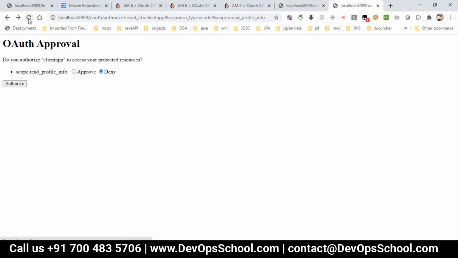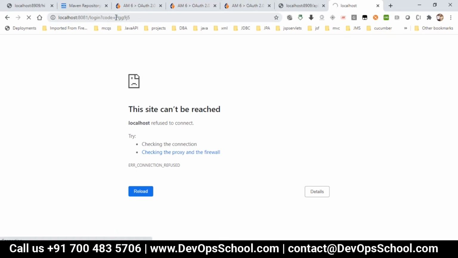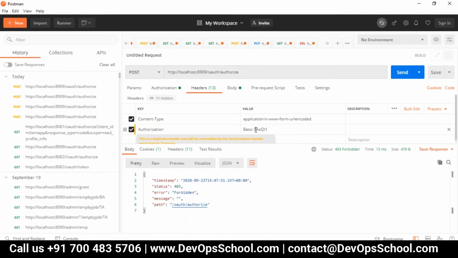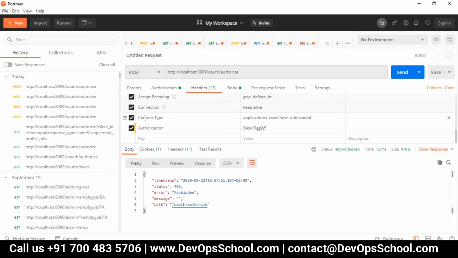Maybe 2 minutes are over. Authorize it. This is the code which I'm getting. Headers, which is a new code, and then let's add some other details.